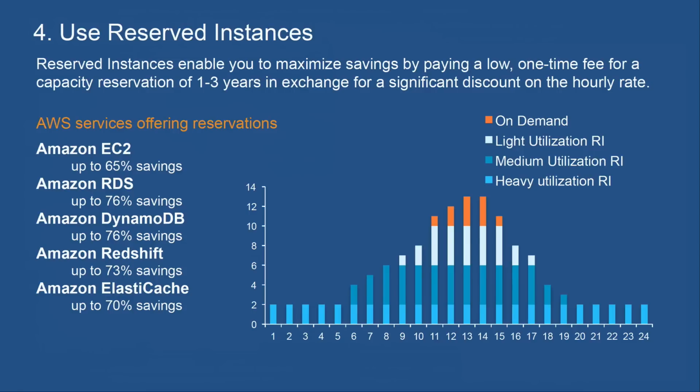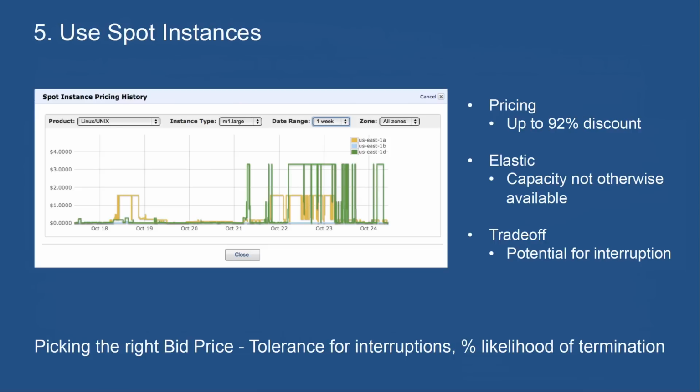And this is something that you definitely need to consider in your TCO model. So whenever you do a TCO model for a long duration workload, you must consider using RIs in order to minimize the TCO for that workload. Okay, so that's reserved instances. That's a very, very important tool.